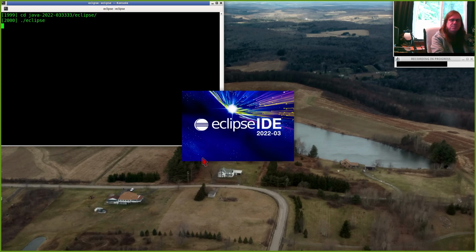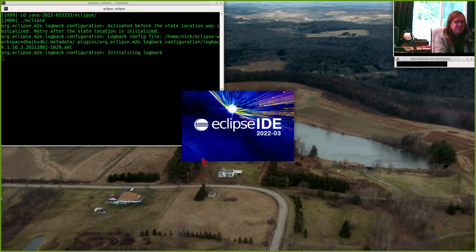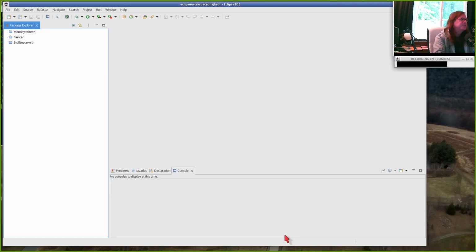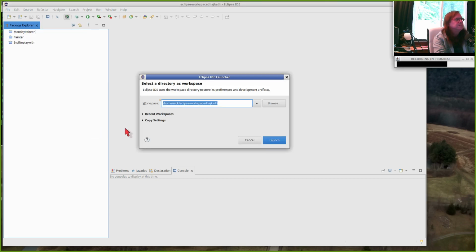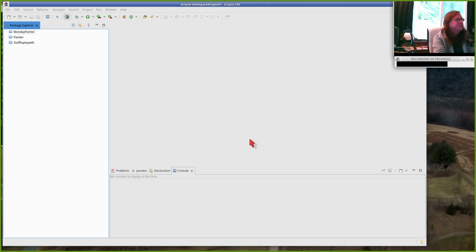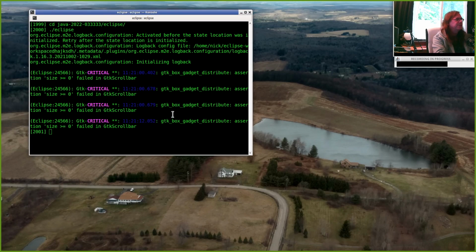Let's hop into Eclipse. There's this thing called a workspace, right? When you first start Eclipse, it asks you what workspace you want to use, and it's really just a directory. If I say switch workspace, it'll show me my current workspace, which I set up with this weird, crazy name. But if you just remember what workspace you used when you started running Eclipse for PA4,